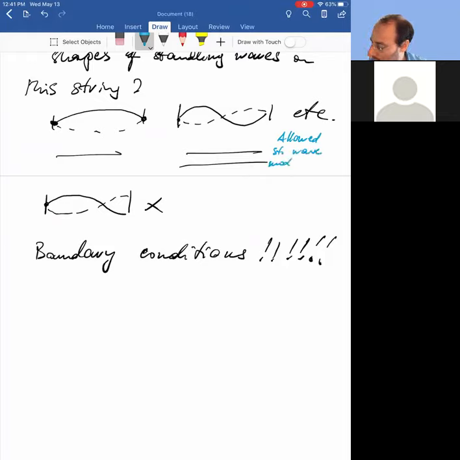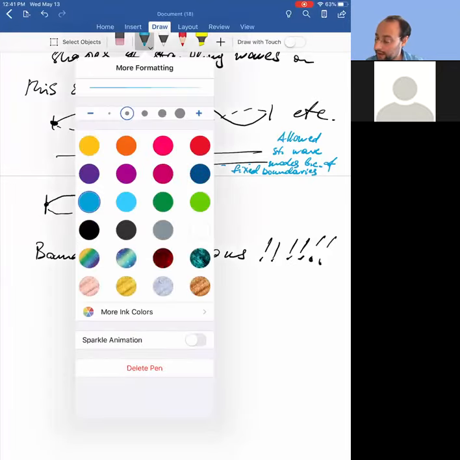These are called modes, because of fixed boundaries. Fixed boundaries say that this is allowed, but this is not allowed. Okay, and so then the next thing you say, well, if these are the only possibilities that are allowed,